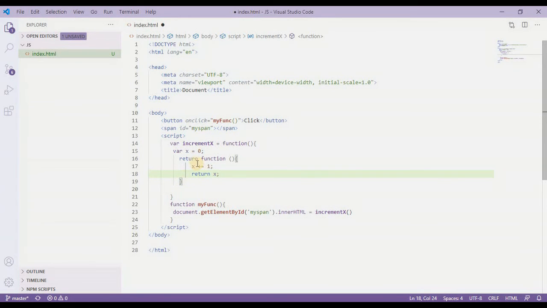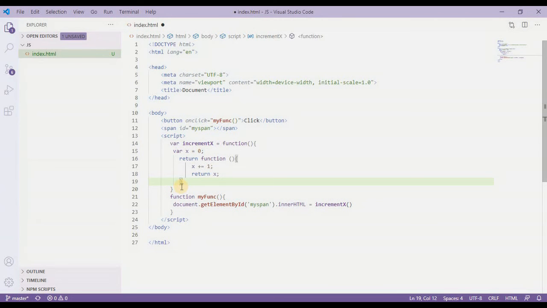A few points to note down over here. As you can see, we are returning a function from this function which is incrementX, and inside this function we are returning what we want to check, which in this case is this x which has been incremented in this return function. That's all about this kind of closure function, and we need to execute this function whenever we call this incrementX.